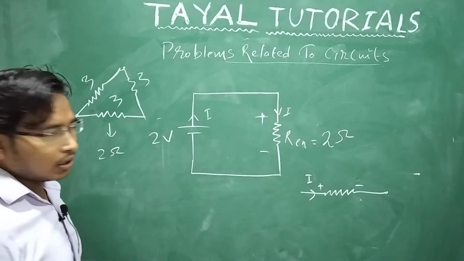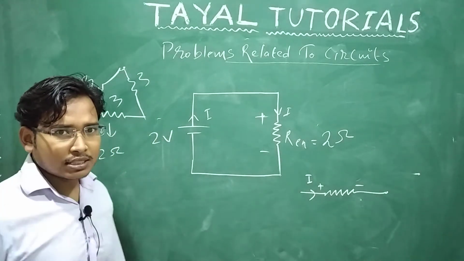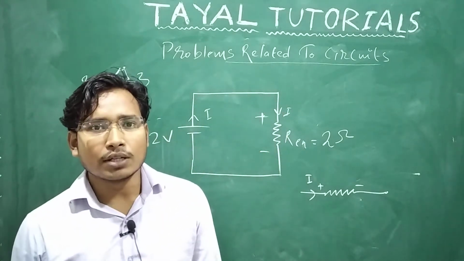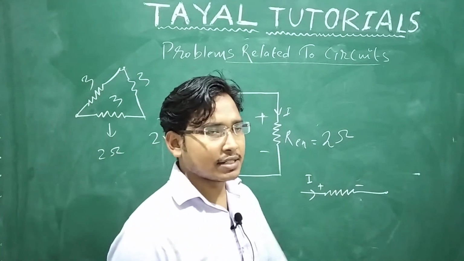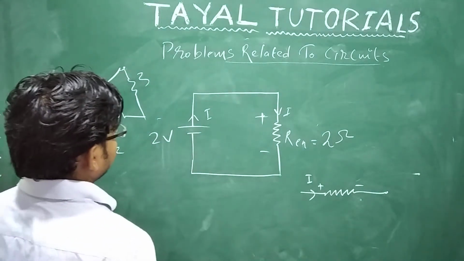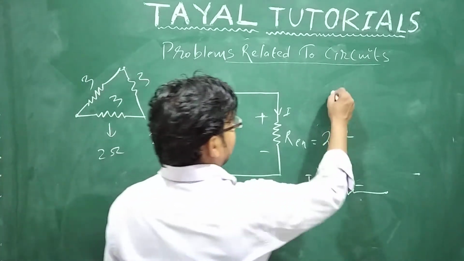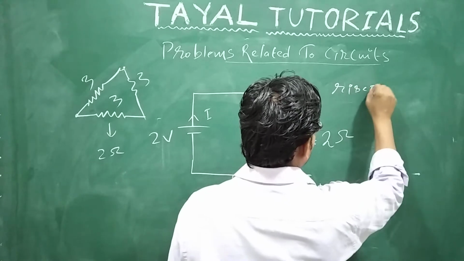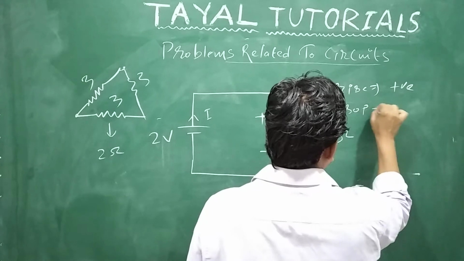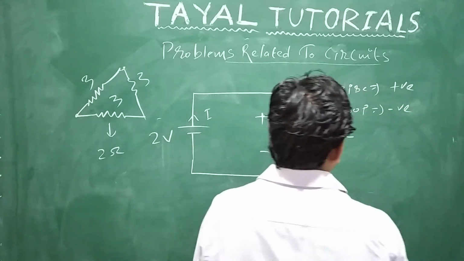The KVL and KCL and all the things have been discussed in the class. For the student who has not attended the class, I am just telling one statement: the algebraic sum of voltage in a loop is always 0. KVL states that. Okay, so I am writing that minus to plus, and to write the KVL, one trick is there. Rise